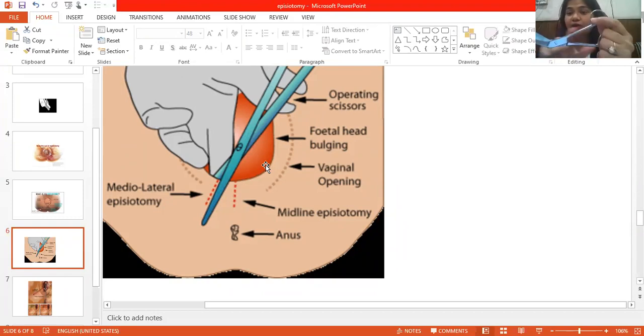And it is at the angle of 60 degree because it will be easier for you to enter the introitus and it will not hamper and hit the floor when you are conducting the delivery. So there is an angle of 60 degree which is given here between the shanks. These are the shanks and these are the finger bones. Finger bones in certain episiotomy scissors are on the same direction.